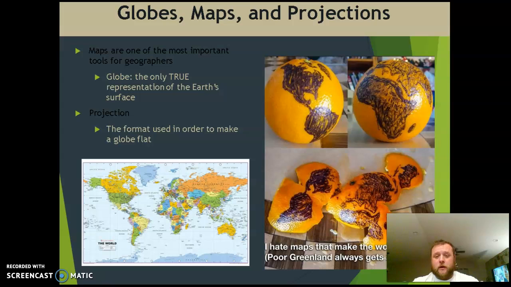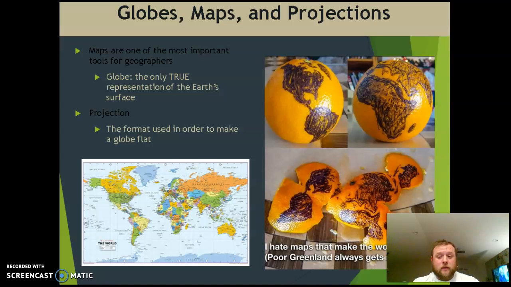The person here drew the globe on the orange, and as we see, when we try to make it a flat representation, it can't be a perfect square. So when we have projections, there's a little bit of distortion in how the world looks. Specifically, if we look at Greenland, at the top, it's a little blue landform. Then we look at Africa, and we see that Africa and Greenland on the projection or the map on the left